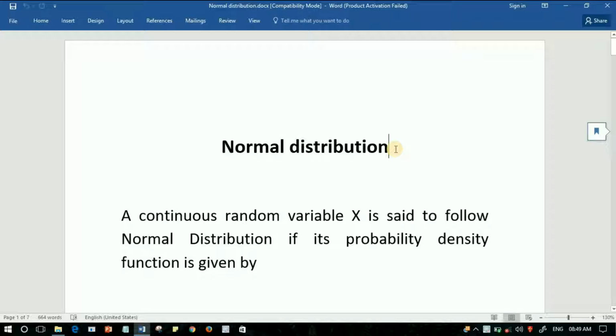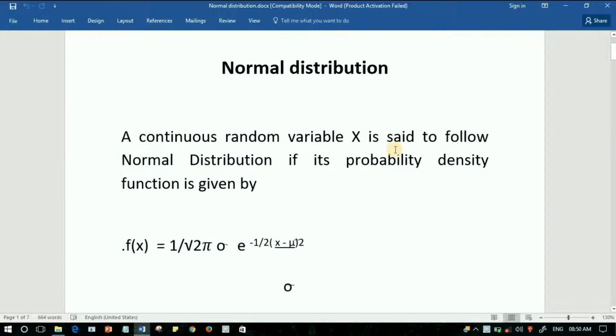Today we will discuss normal distribution. It is a continuous distribution. A continuous random variable x is said to follow normal distribution if its probability density function is given by f